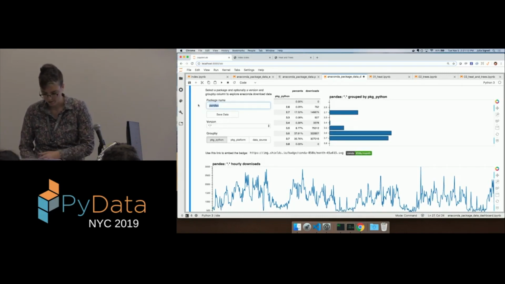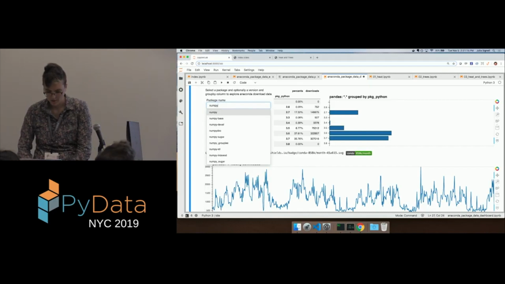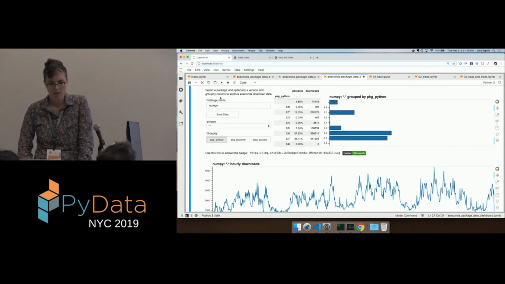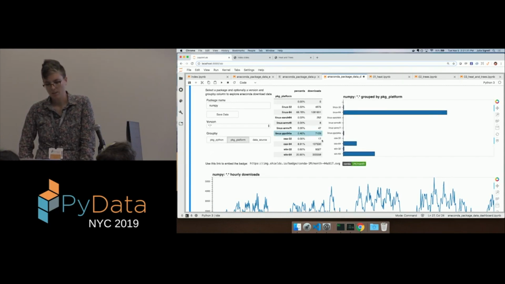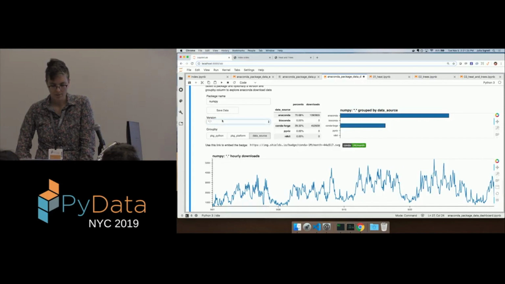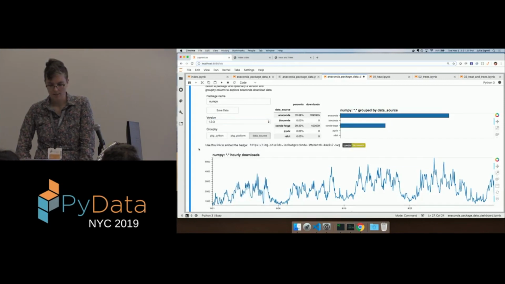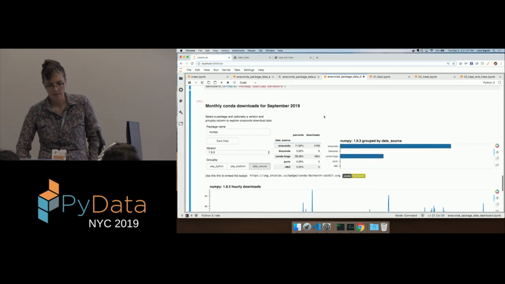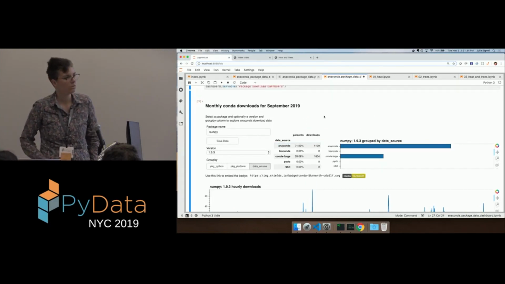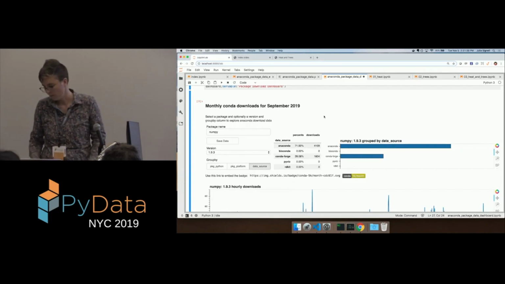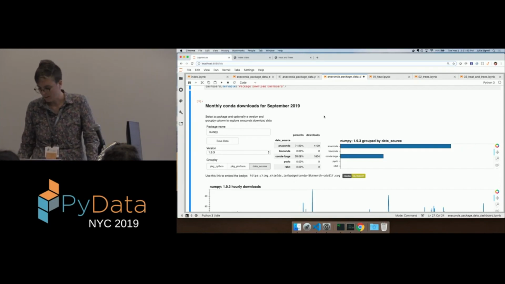You can try a different package, and it'll re-render. You can group by different things and change the bar chart. You can select which version you want and only look at that version. And this is the type of thing that is kind of like useful to package owners. So this is something that can be used without accessing the notebook